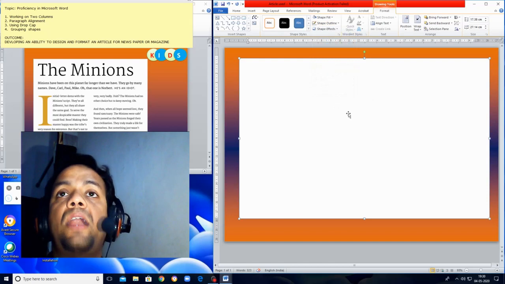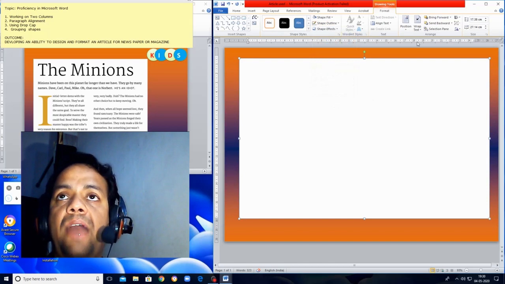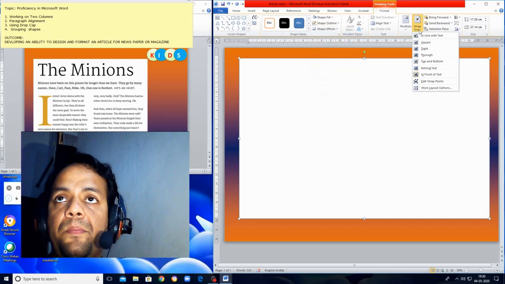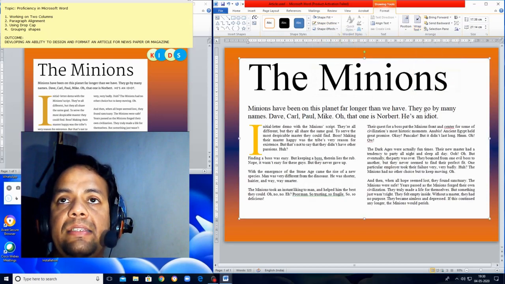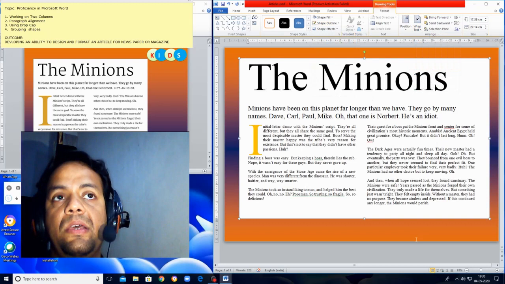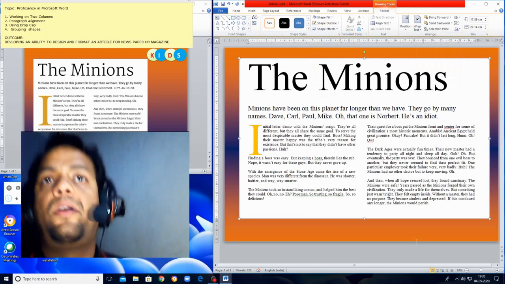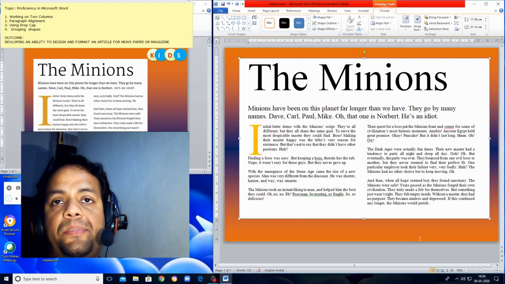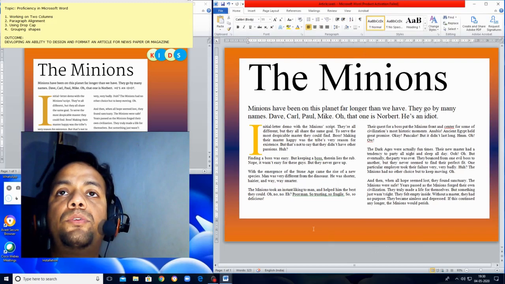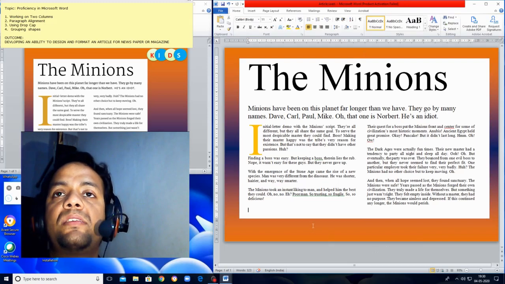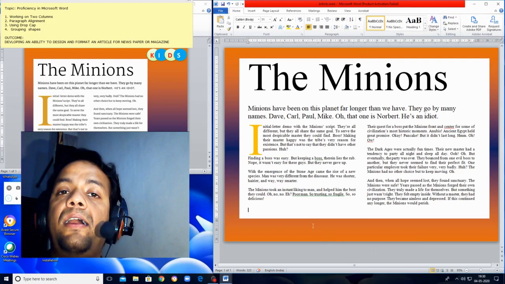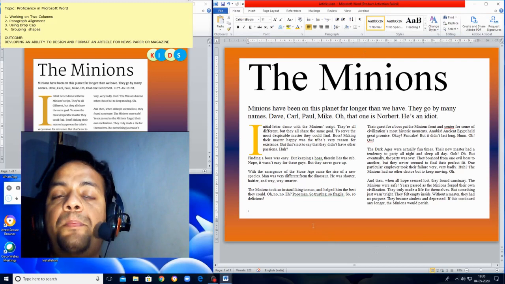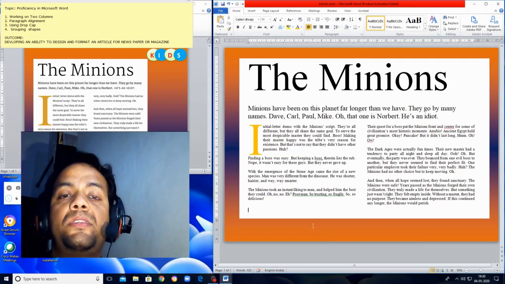Now this shape is hiding the text, so I will apply the wrap text property. In the wrap text property I will choose behind the text. So this is here. So children, almost the work is done. The last thing is grouping the shapes. To group the shapes means creating a wider shape by using multiple small shapes.